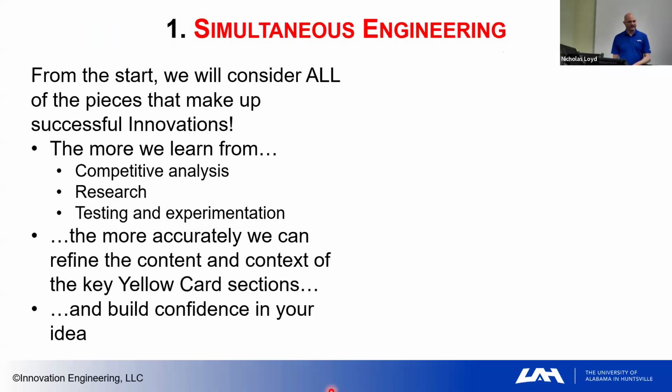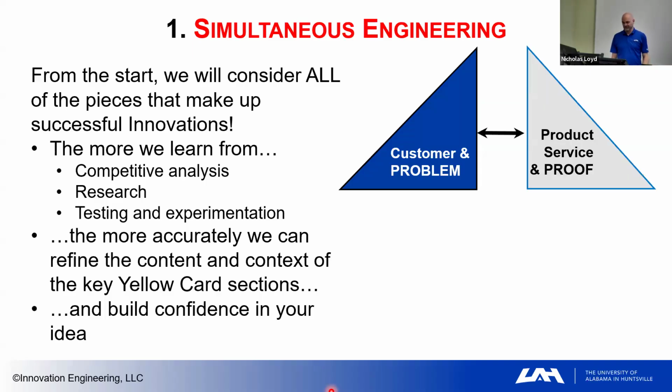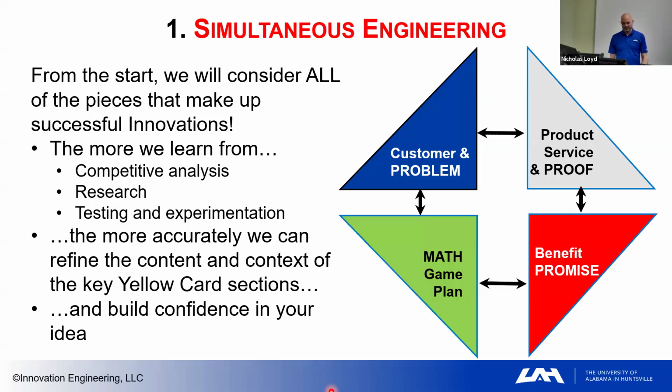In other words, the more you find out in one section, you probably need to go back and polish the other sections. You may start with a customer problem that you've identified. Oh, we filled out the left side and we said, here's the customers of our idea and here's what problem to solve. But as we start trying to determine the benefit promise and the proof, and we start running some numbers, what I'm learning from the benefit promise or from the proof is that I have to reword my benefit promise based on what I can actually prove, which makes me reframe the problem that I'm actually solving.